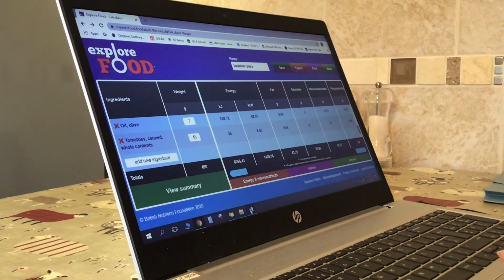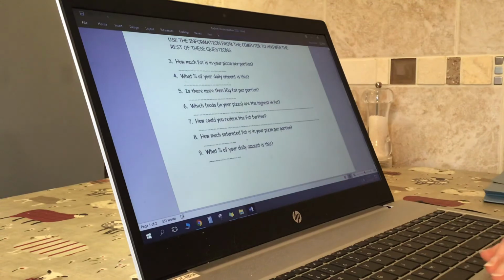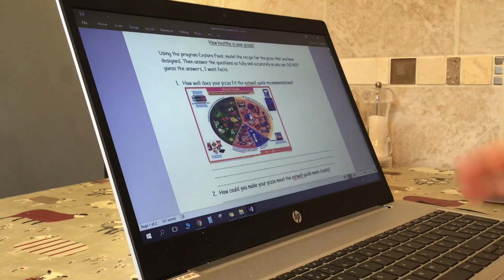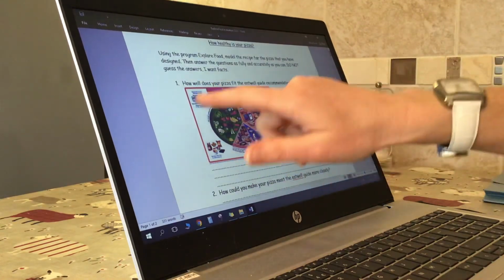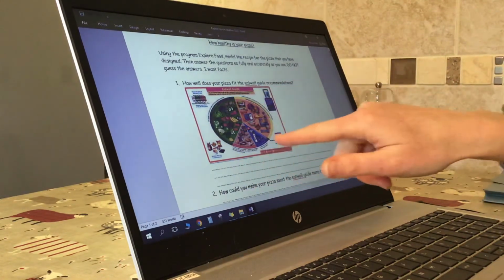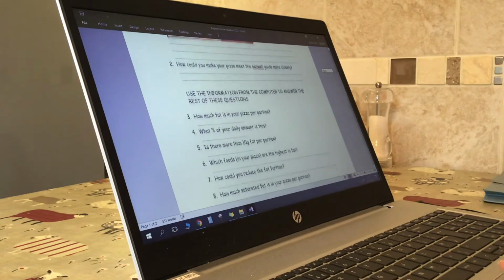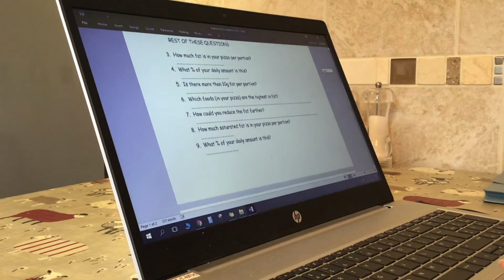So next thing you're going to do is to get the sheet that I put on Show My Homework, and you're going to work through the questions. The first questions you don't need to find your findings. That's just how well does your pizza design fit the Eat Well Guide recommendations, and how could you make it fit them more closely. From question 3 you'll need to use the